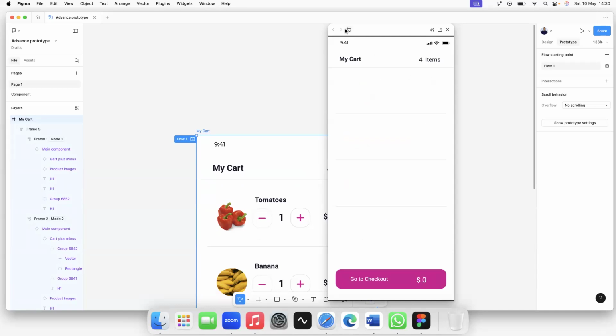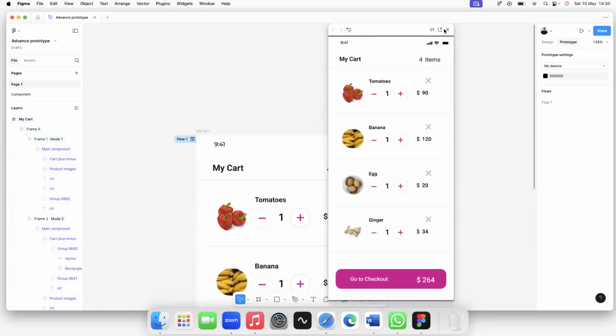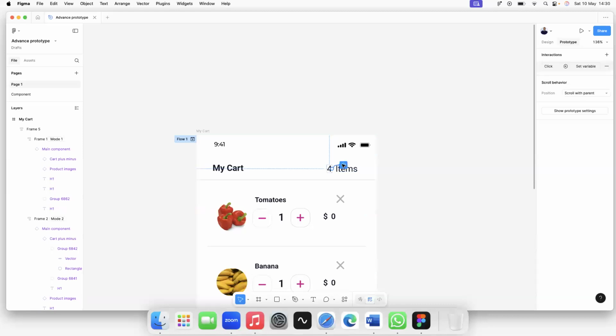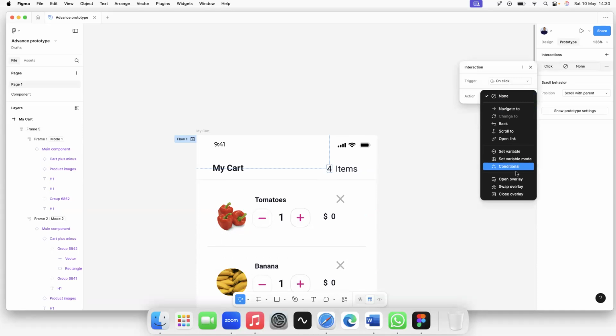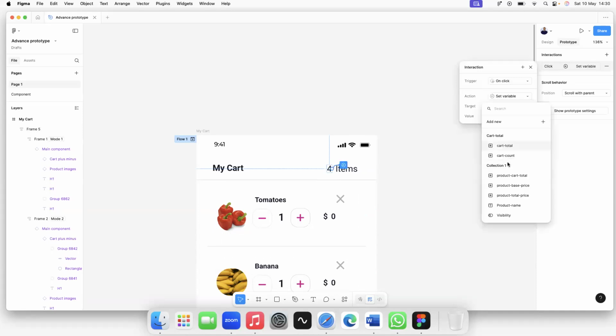Okay, so let's do something. Go back on your X button and assign your value. The first thing you do with your X button is you assign this first one, called cat what? What was your interaction? I think cat count. Cat count equals cat count, right? Yes, sir. It's going to be cat count